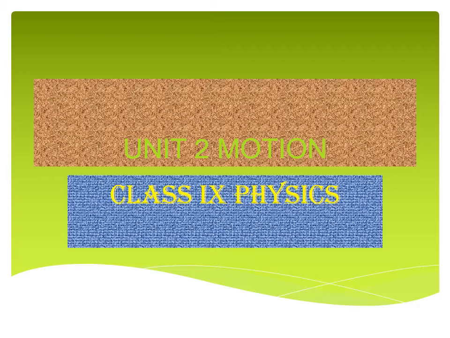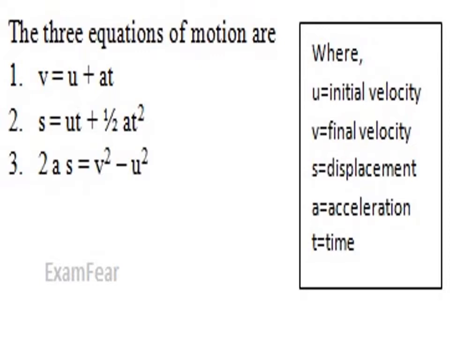Study well. Today we are going to see Unit 2, the rest part. In the previous class we have seen what is velocity time graph, what is velocity, acceleration, what is speed, and the distance time graph, uniform motion, types of motion. All those things we have seen in the previous classes. In today's class we are going to see about equations of motion. Let us start.